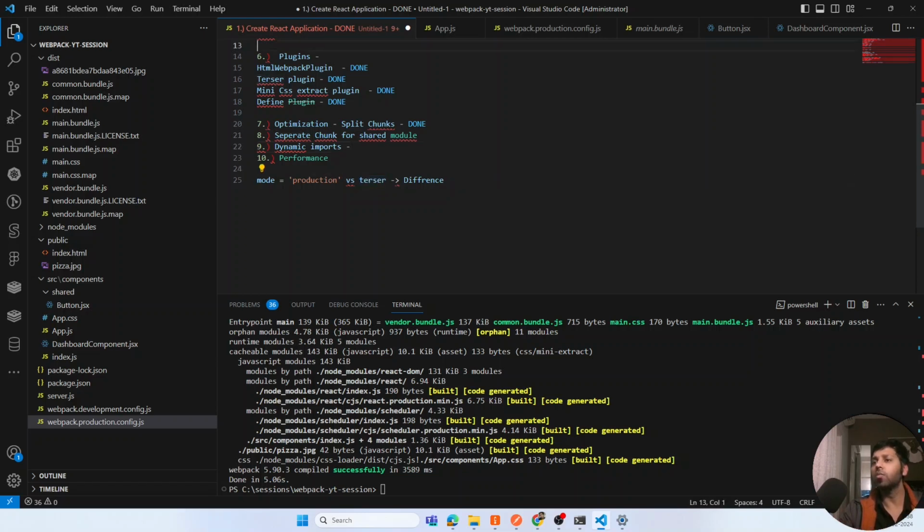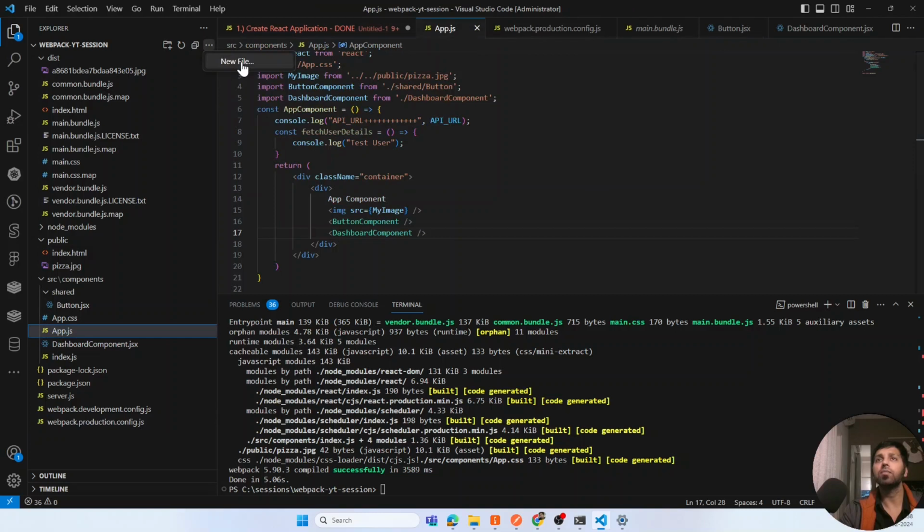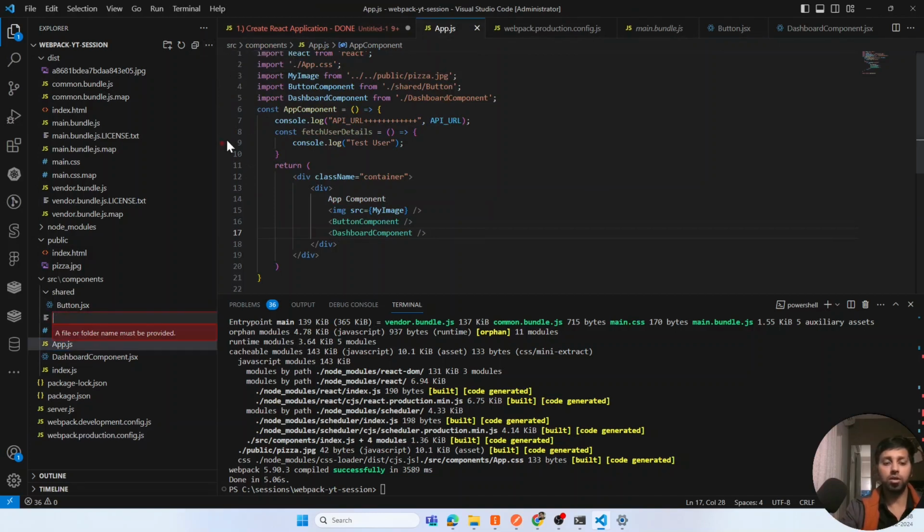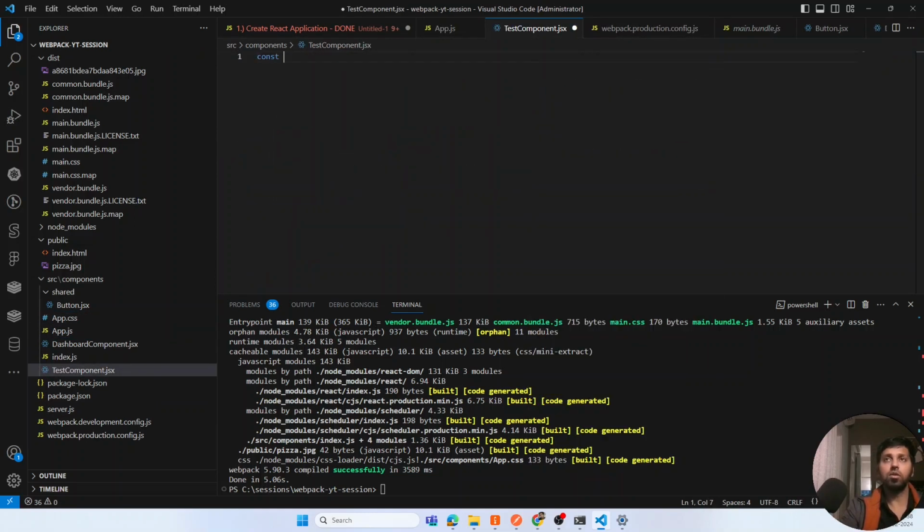So let me take you to the documentation part. You can use the dynamic import. Once you do the dynamic import, once you load your component dynamically, Webpack treats it as a separate chunk for you, right. So what I'm going to do is create one more component over here, that is my test component. I will import this component as a dynamic component, right. Dynamically I import it. JSX, right, const test component,